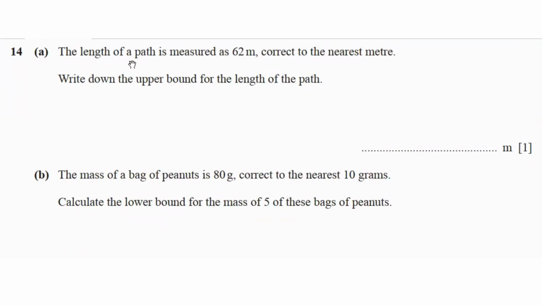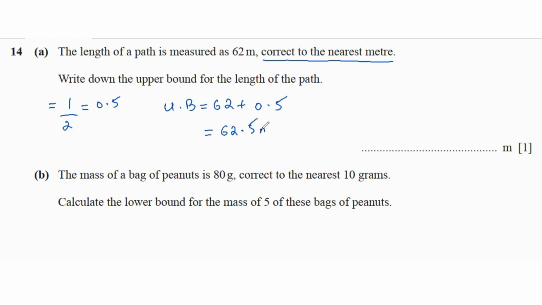If a path is measured as 62 meters, correct to the nearest meter, write down the upper bound for the length of the path. So since the degree of accuracy is nearest meter, we will divide 1 by 2, which is 0.5. And upper bound will be 62 plus 0.5, which is 62.5 meters. Then it says,